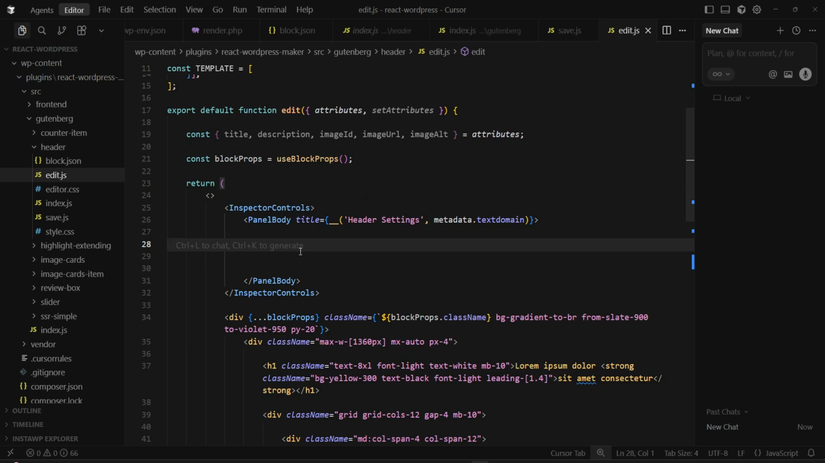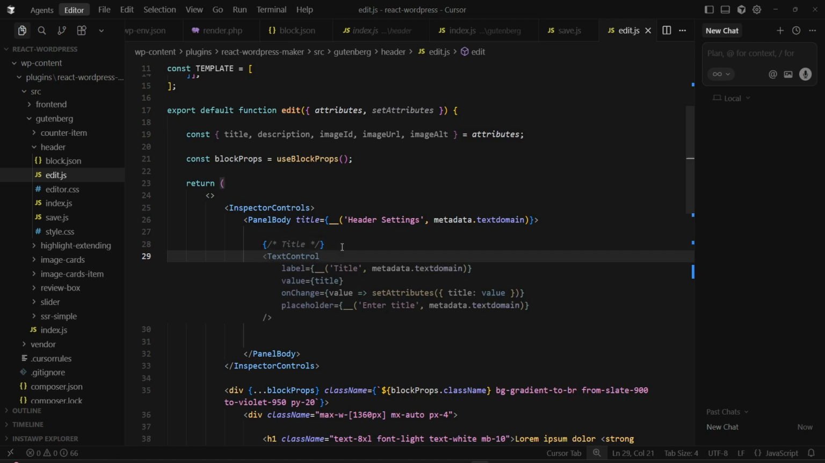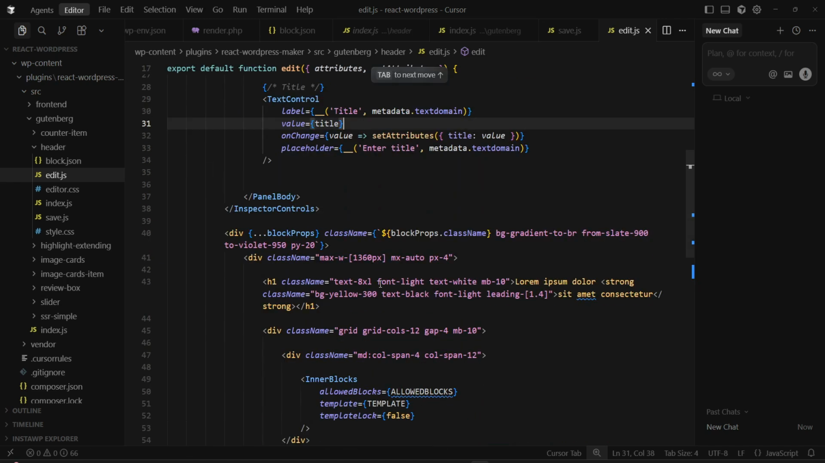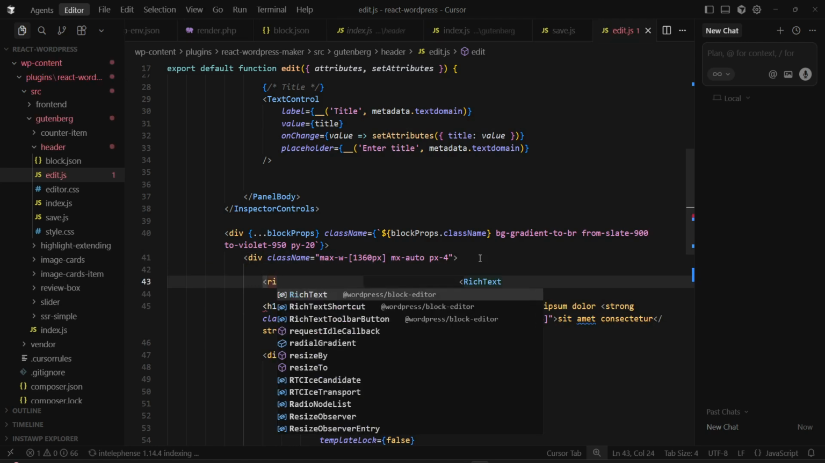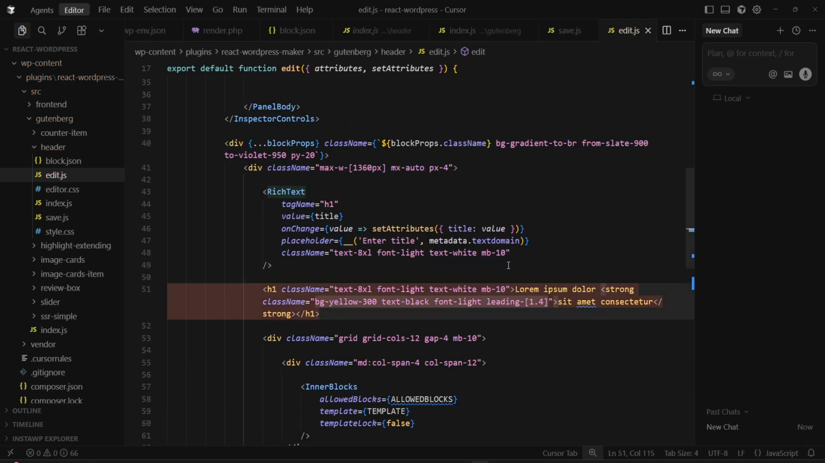I simply want to make tabulation and move to this level of the file. Yes, and here we can start with title. Title will be editable via the text control right here, and also we can use the rich control. Go here and rich text, I'm sorry. And as you can see, the cursor is set the classes and